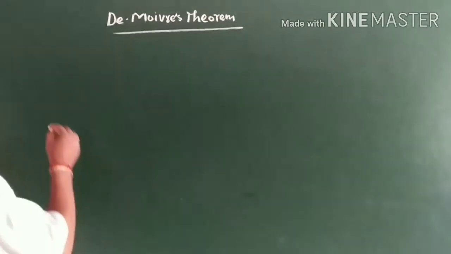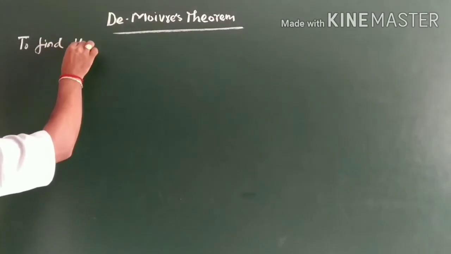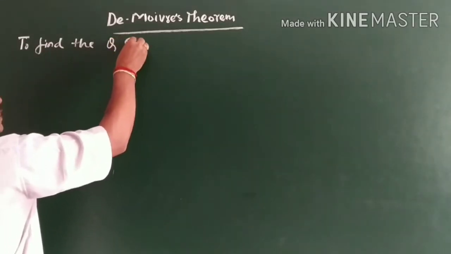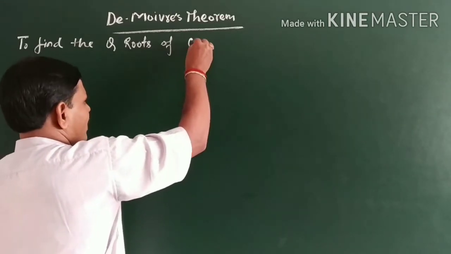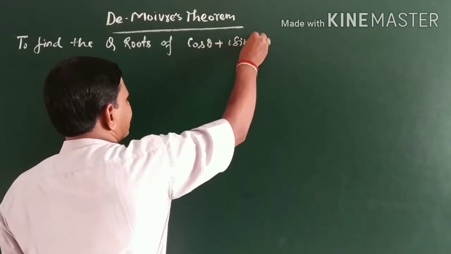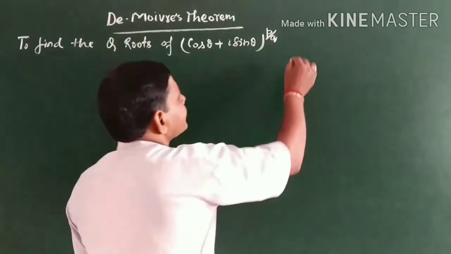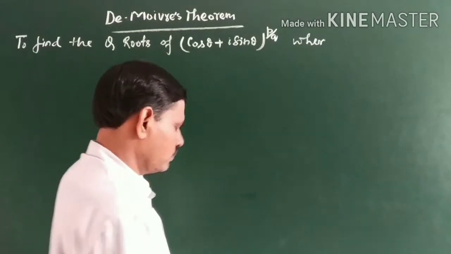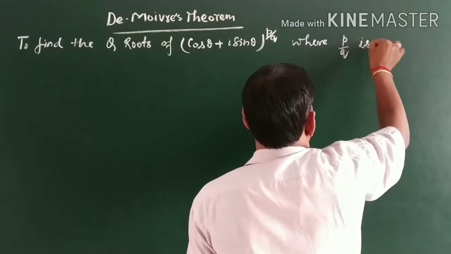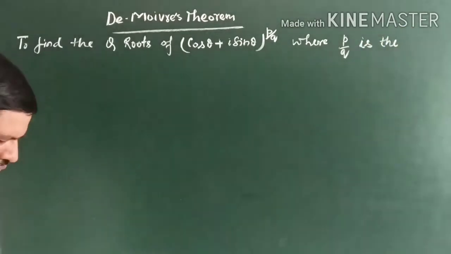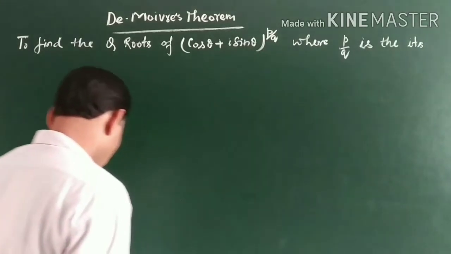To find the q roots of (cos theta plus iota sin theta) to the power p by q, where p by q is in its lowest terms,